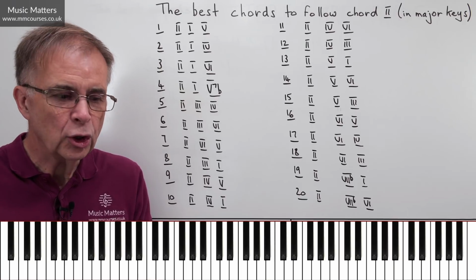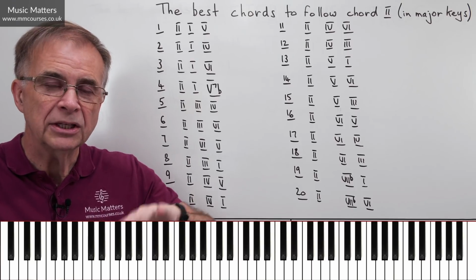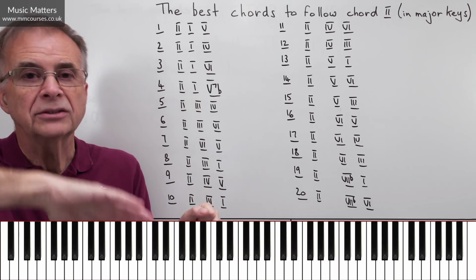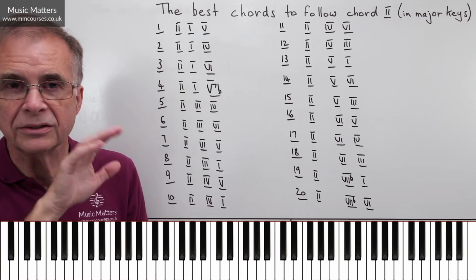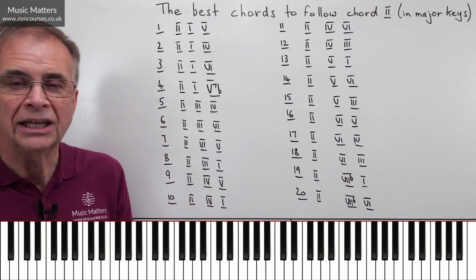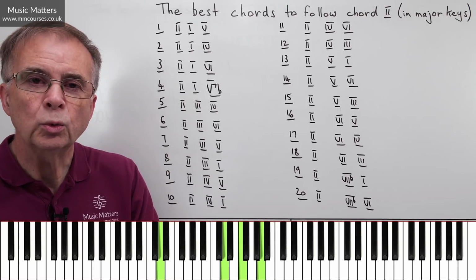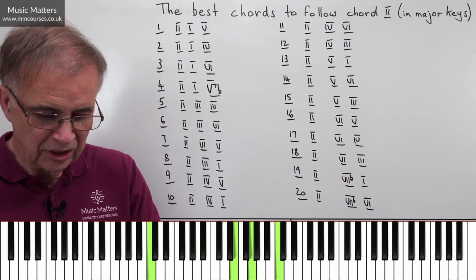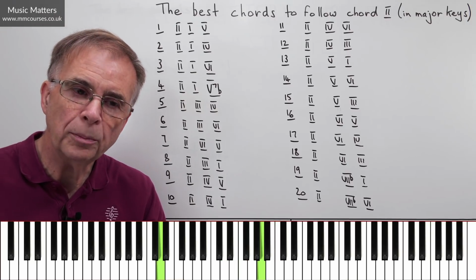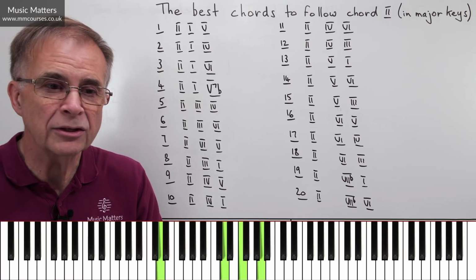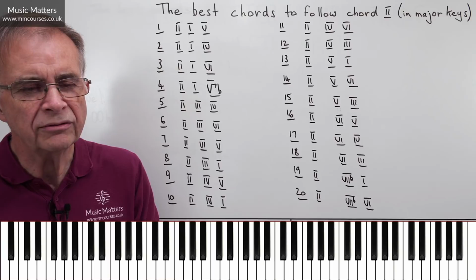However, if you can get contrary motion between the bottom and the top of the chord, so as the bass goes down from D to C, the other notes go up, or certainly the top line goes up, then you can avoid all these parallels or consecutives. That's certainly an issue with some of these progressions we'll be looking at. If I go from 2 to 1 like this, do you see what I'm doing? I'm using the notes of 1 now, C, E, G, but my right hand is going in the opposite direction to the bass, so I haven't got any of those parallels. And then I can go on to 5. So you can hear 2, 1, 5.